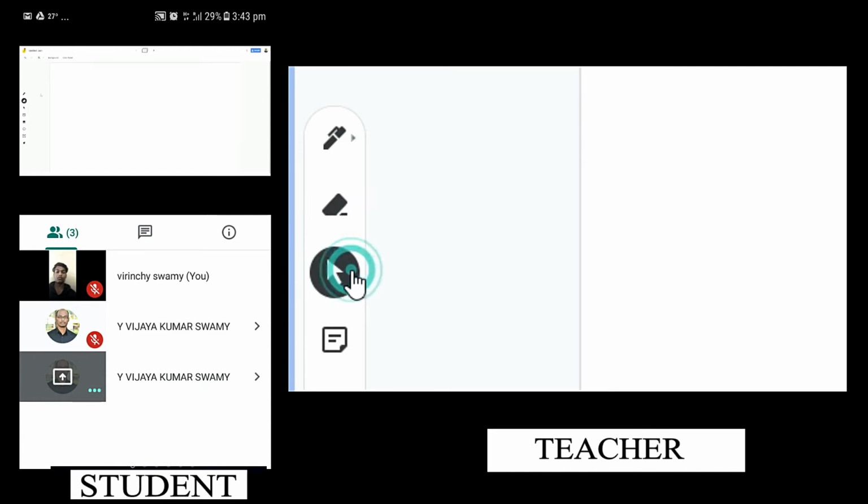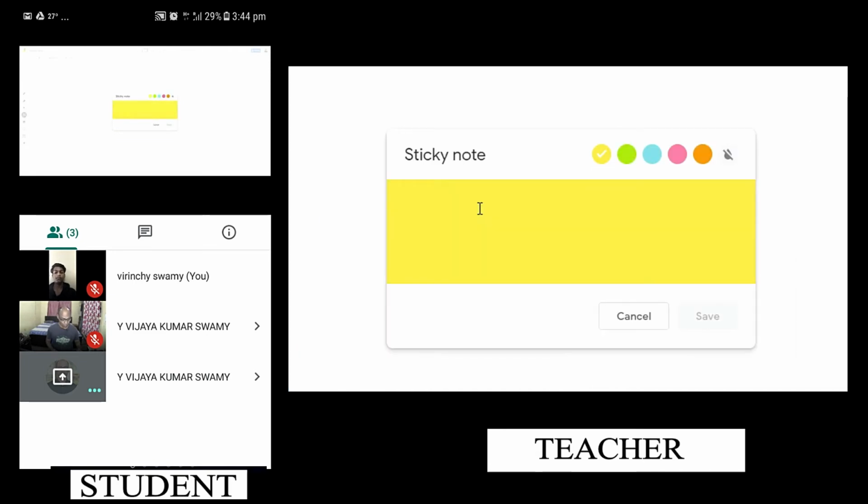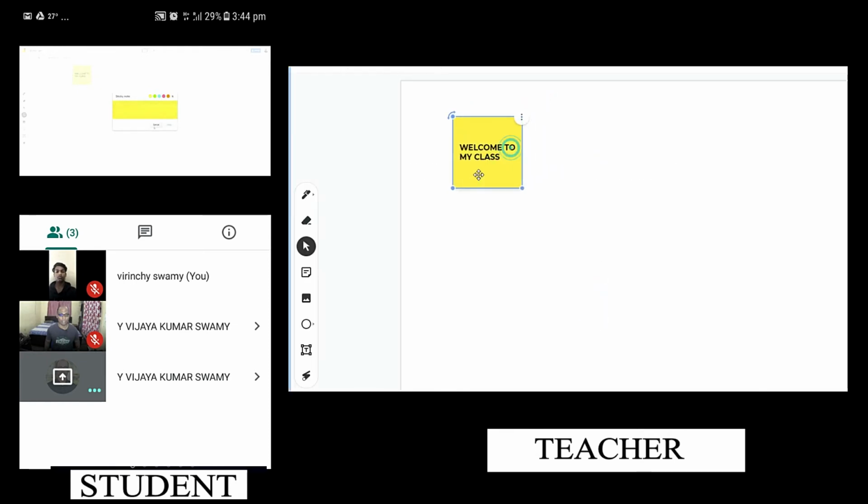Now this is the select tool, and the next one is sticky notes. So click this one and you can write here welcome to my class and then save, and this is posted on the Google Jamboard, and this is also visible to the students in their login.